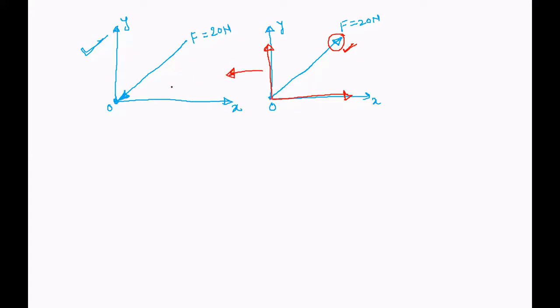So when we resolve this force, F is equal to 20 Newton, observe the direction of this arrow. It is towards the origin. Okay. So when we show the component X, I will just draw one line along the x-axis. Okay. And I will show the direction like this. It is towards the origin. That is in the same direction as the force F is equal to 20 Newton.